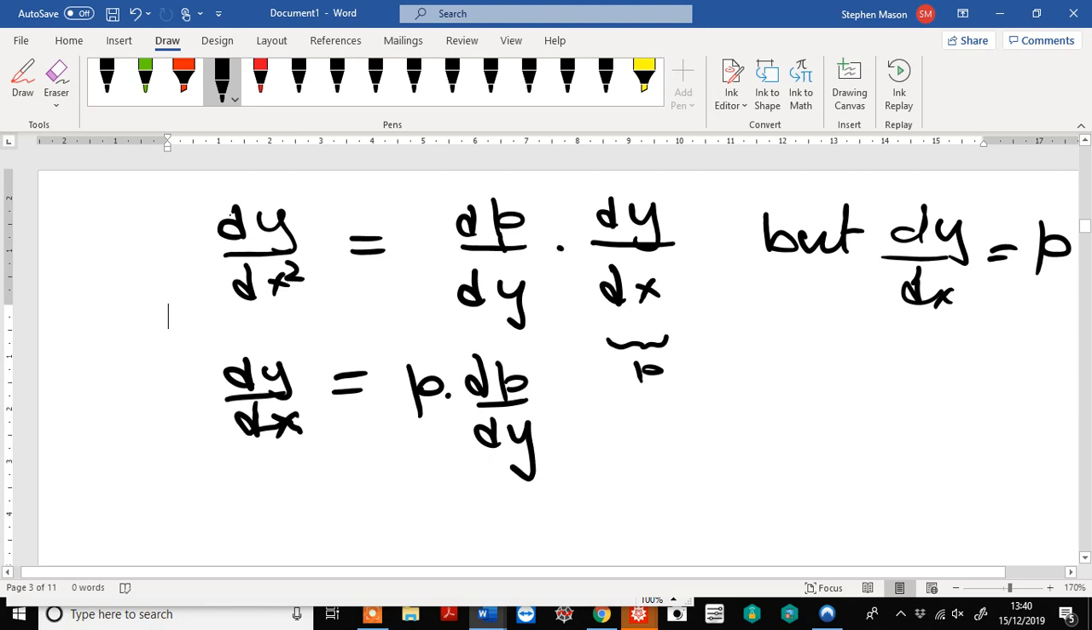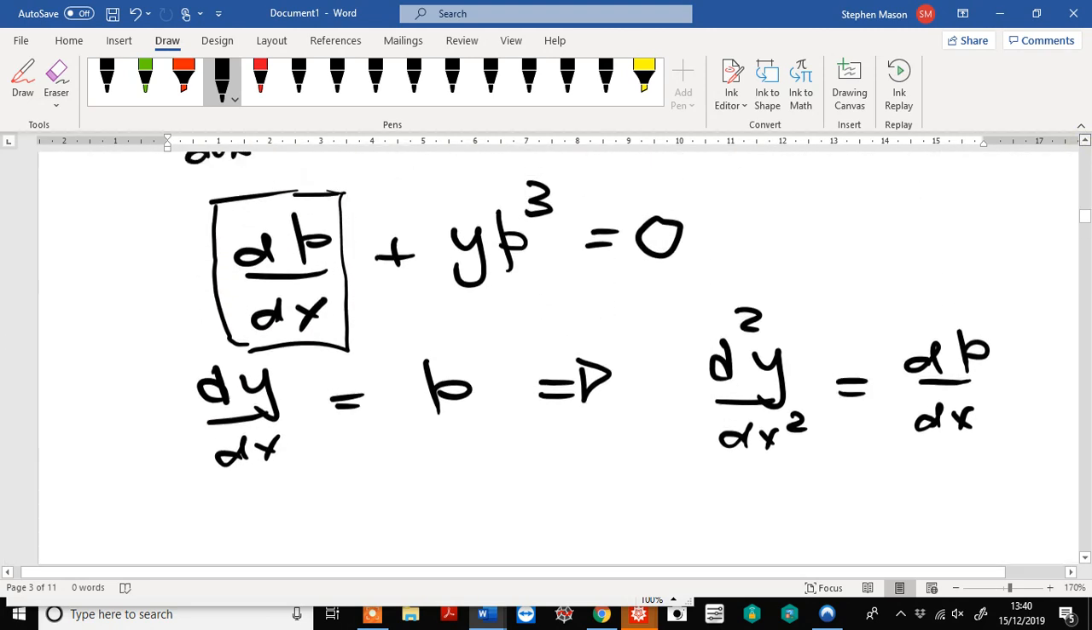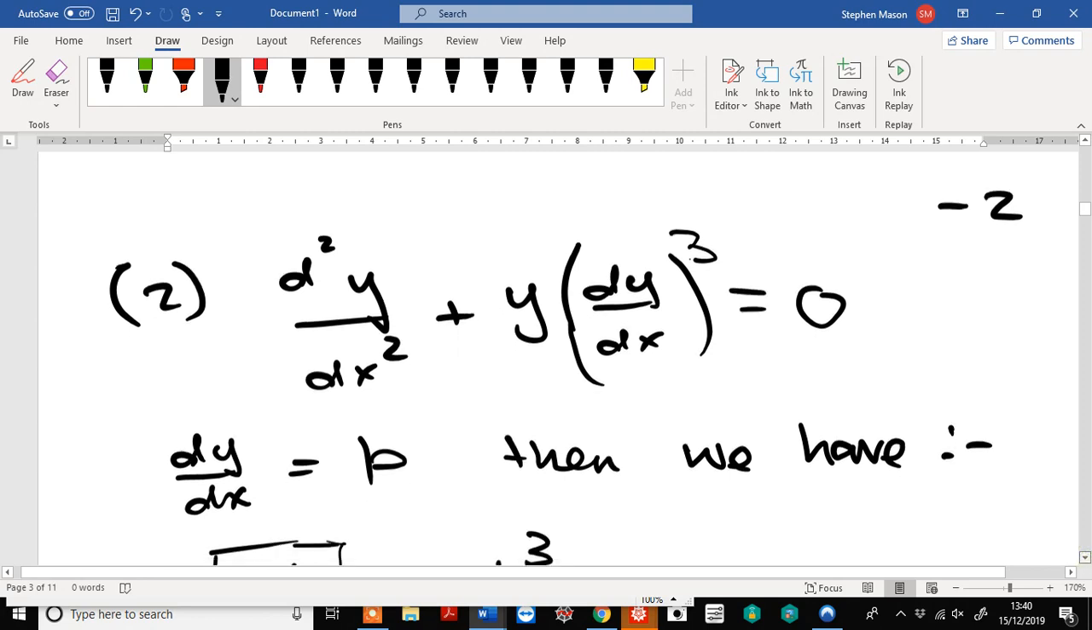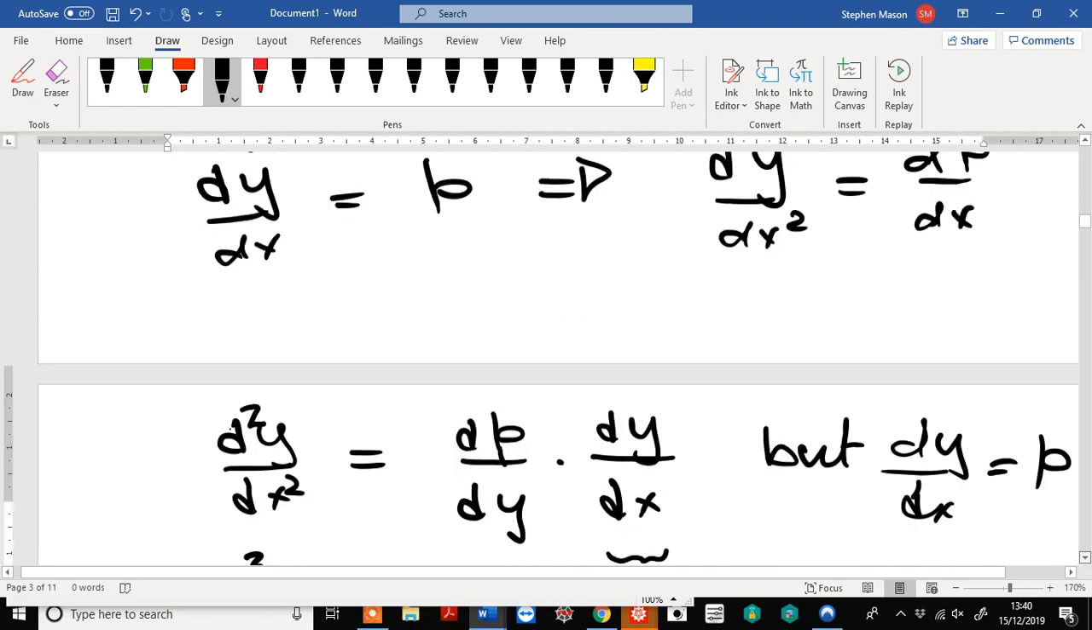So now, and by the way, I'm forgetting to put my squared terms in. That should be a squared term, that should be a squared term, that should be a squared term. So d squared y by dx squared is equal to p dot dp by dy. Let's go back to our original equation so that we can see what we're doing. We've got a d squared y by dx squared term, plus y dy by dx all cubed. So we can write, by substitution,